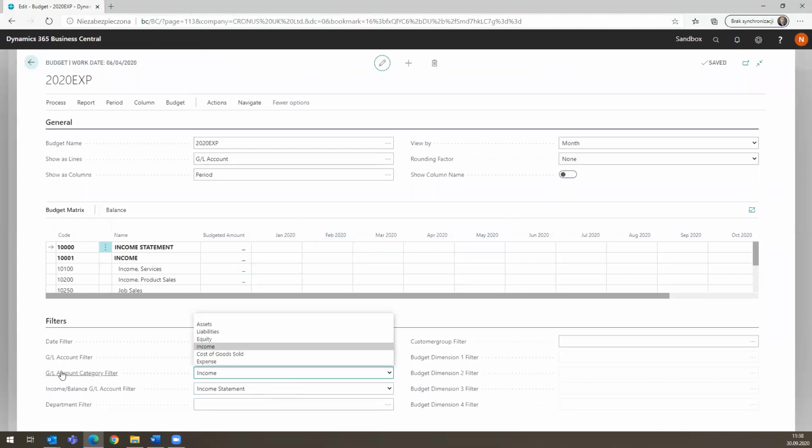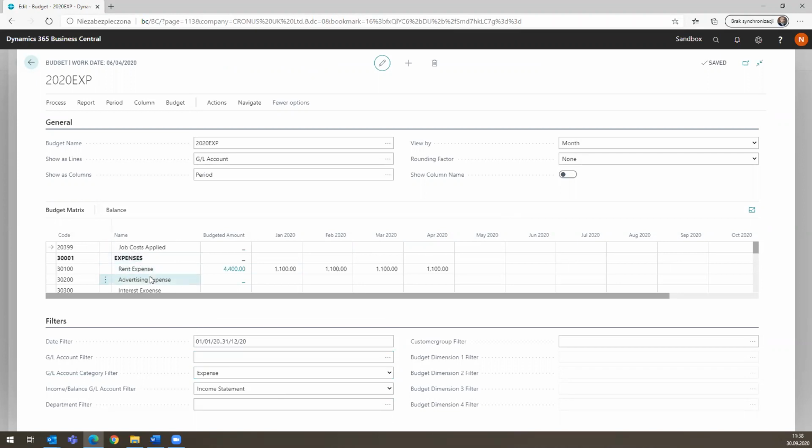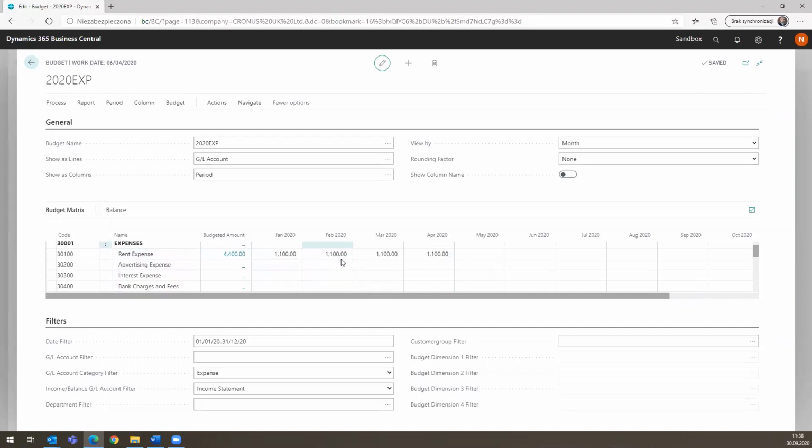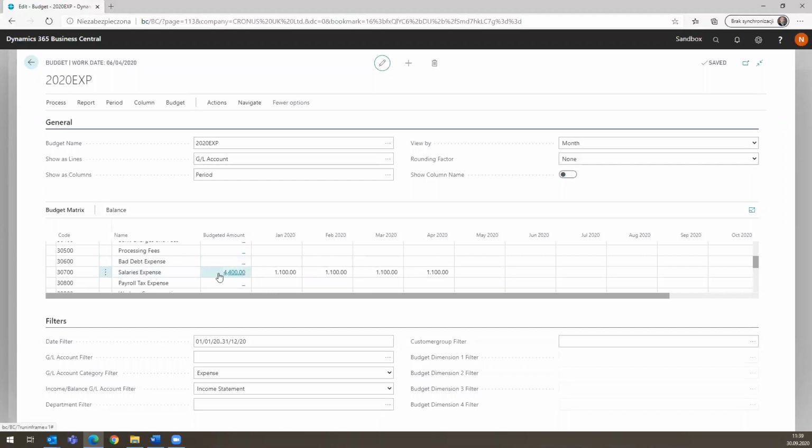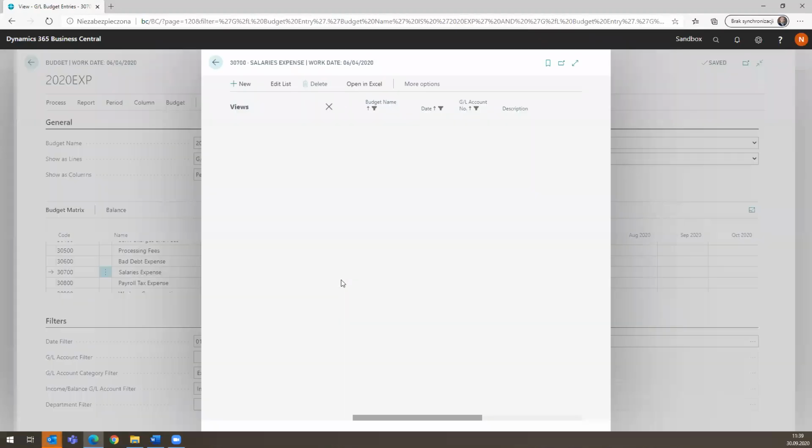What's important here, I would like to see only the expenses accounts because this is an expenses budget. You can see the view here is filtered. I see that our rent expense account is budgeted for 1,100 for every single month. If I scroll down, I can also see that salaries are budgeted also 1,100 per month. If I would like to see the details of this, because this is like a total, I can just drop down